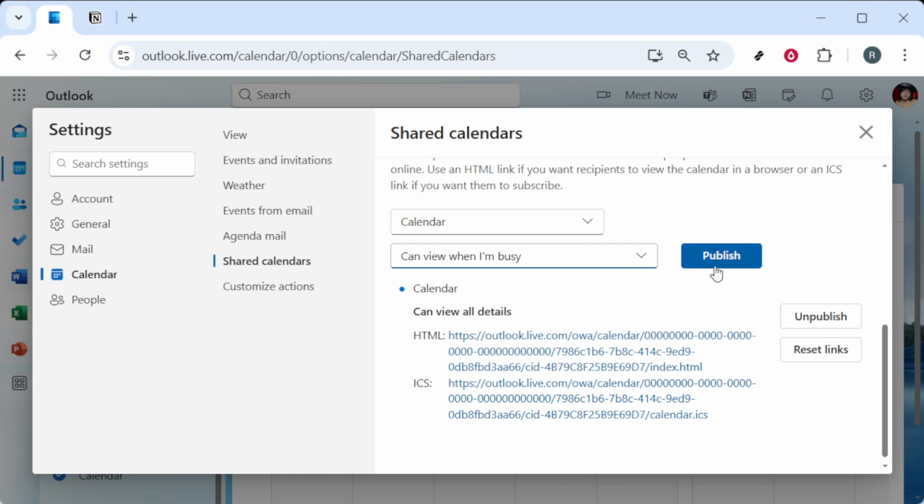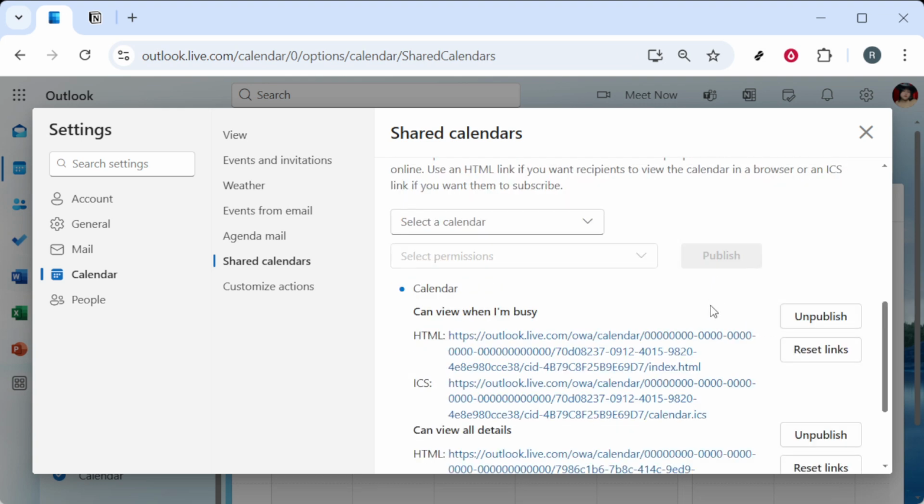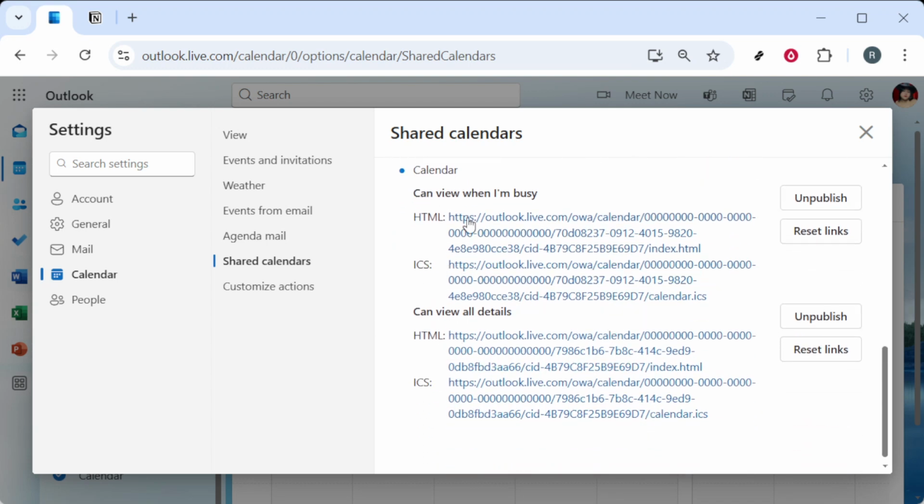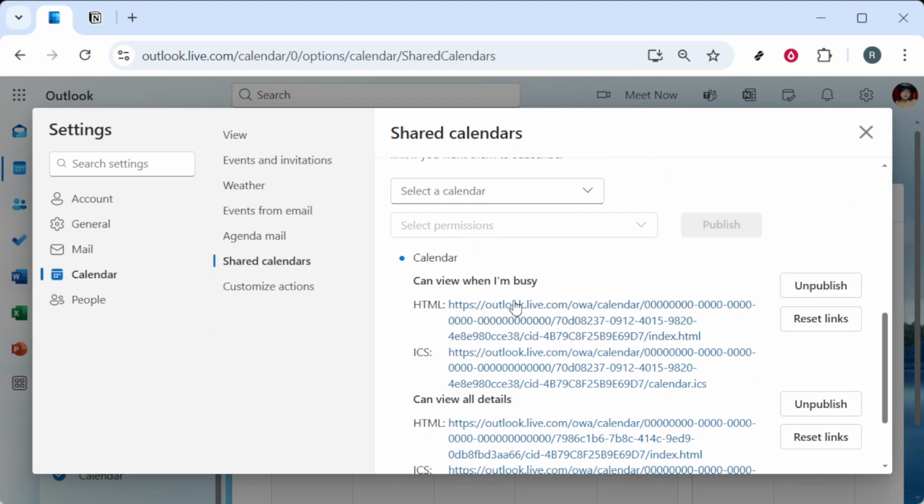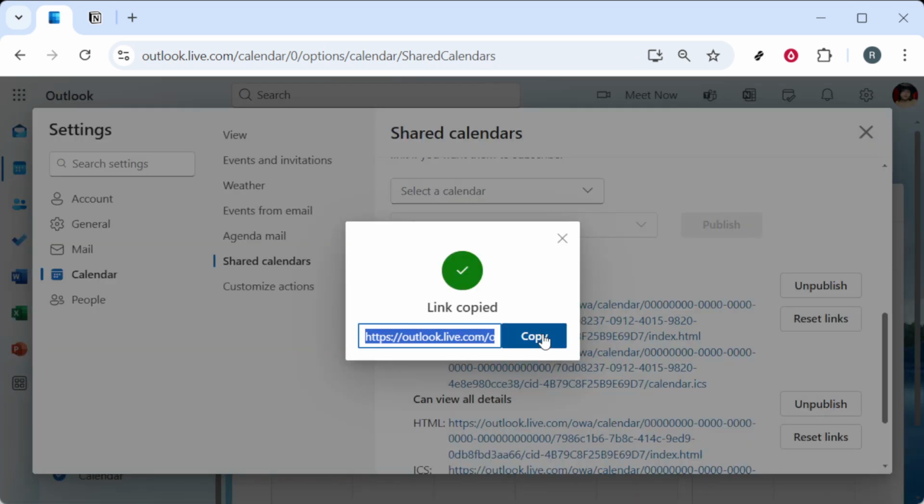Once you've set up permissions, the next important step is to publish your calendar. You'll find a Publish button within the same section. This makes your calendar accessible by creating a shareable link. After publishing, click on the HTML option. You'll notice that this generates a link that you can copy. Make sure to click Copy Link, and then, for extra measure, just click Copy to ensure it's saved to your